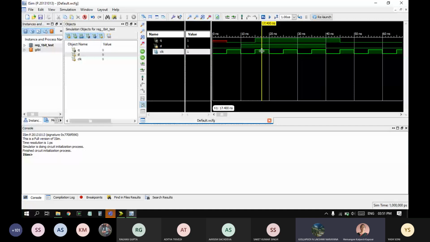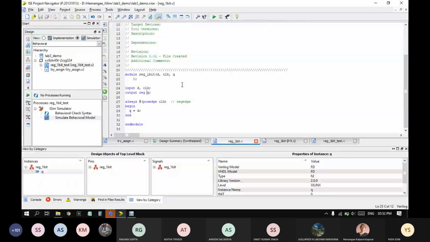So yeah, you can experiment like this. And coming back to the Verilog file, this was a 1-bit register. If you have a 4-bit or 8-bit register, you simply have to give the number of bits as part of the data structure, and then you are through. So this is how we can design a single register, and then you can add multiple flavors to this, which we will do during the lab.